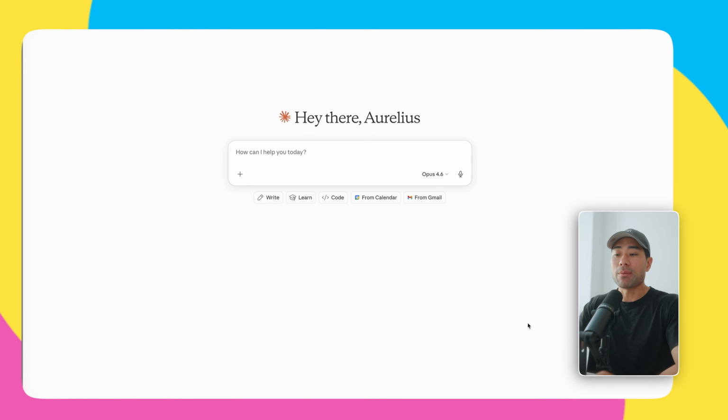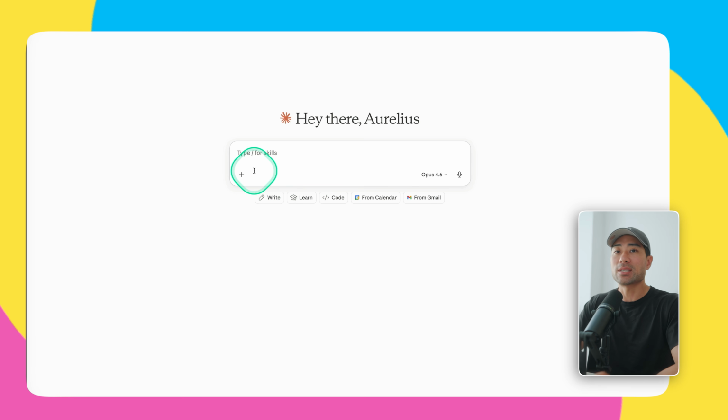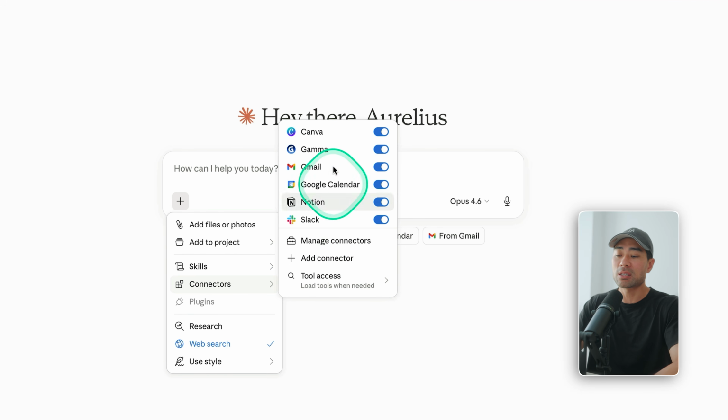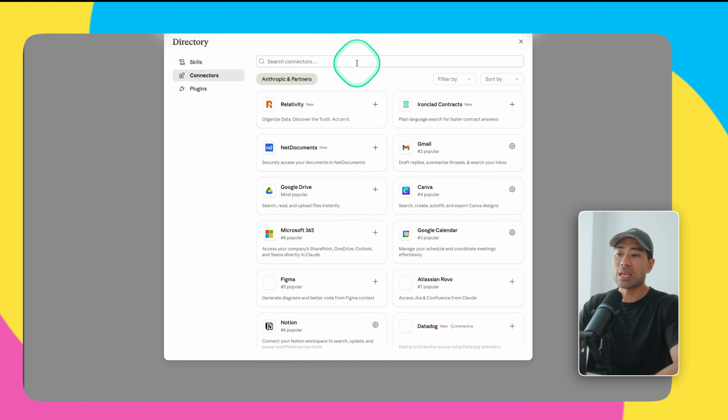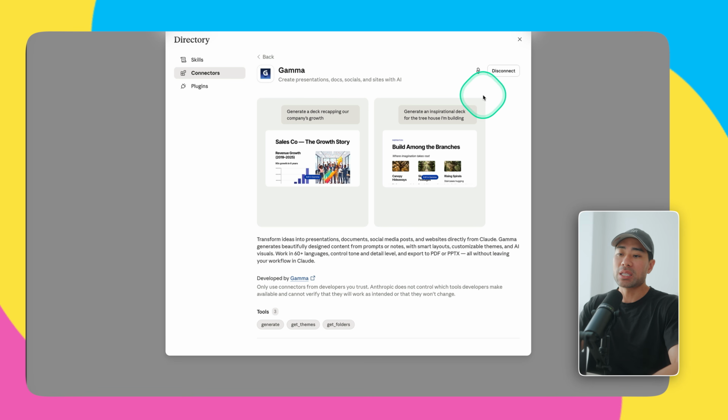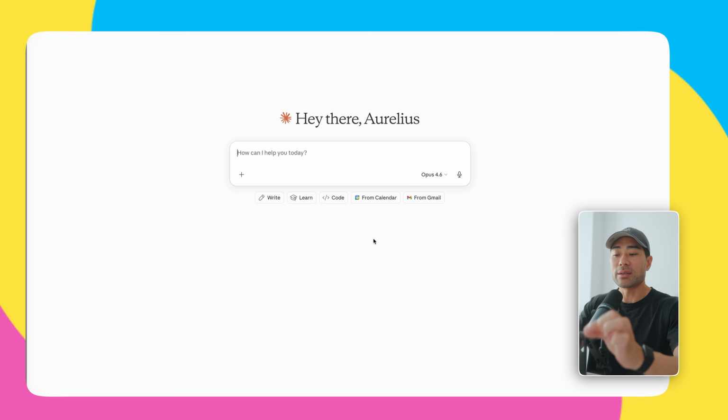Once you've got a Gamma account, all you need to do is connect it up with your Claude account. So I'm on my desktop Claude version. So click the plus, then to connectors, then you'll see a list of all your connectors. What you want to do is click on add connector. And then from the search bar, you want to search for Gamma. You'll see it right here. Simply click on the connect button, give it permission,